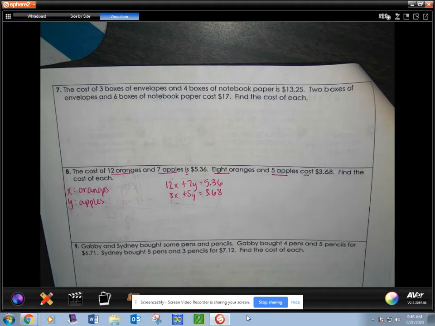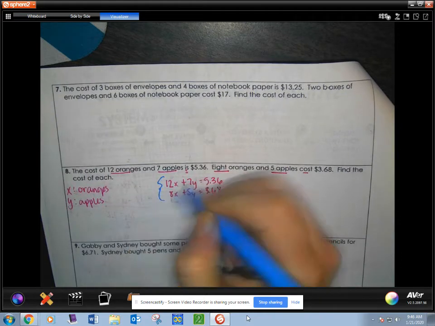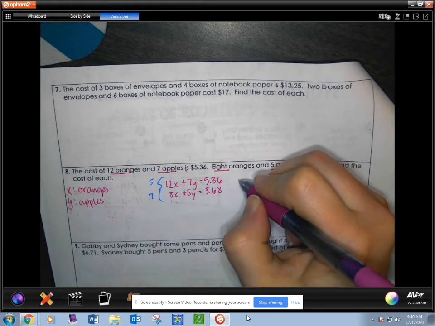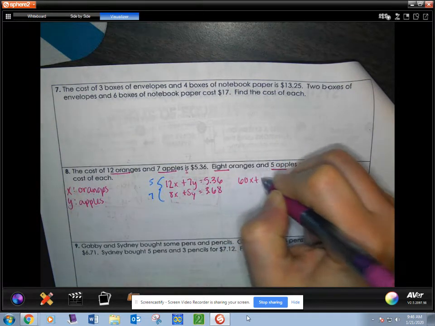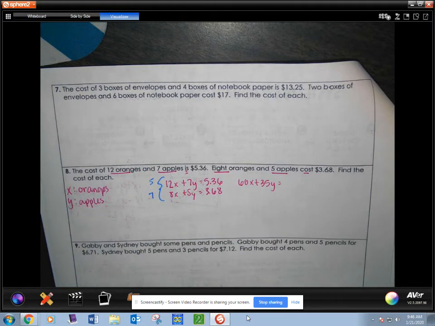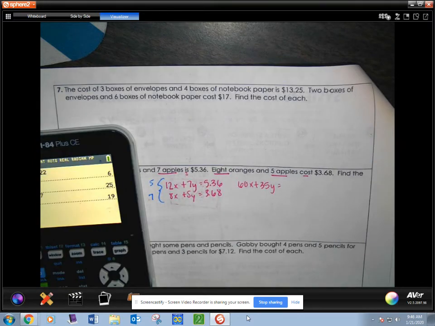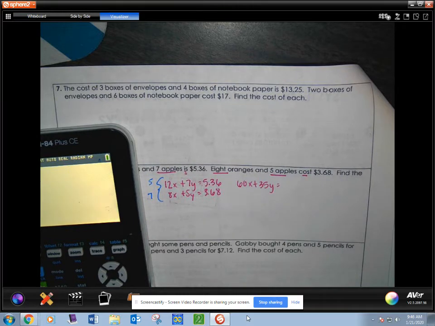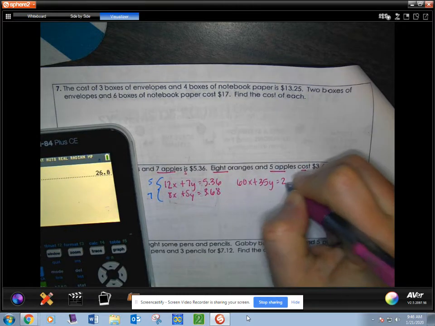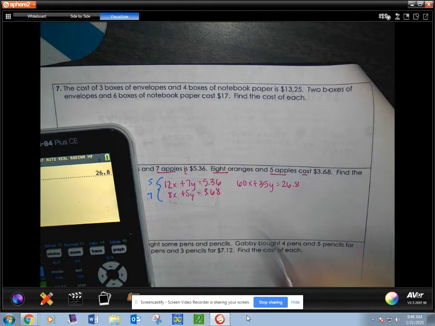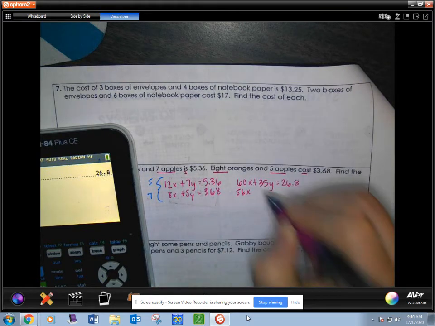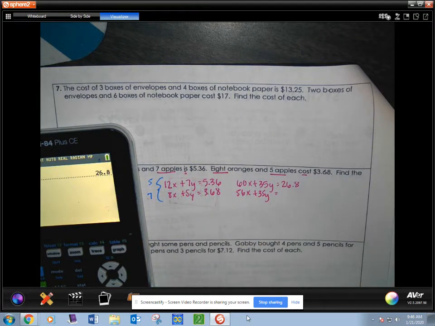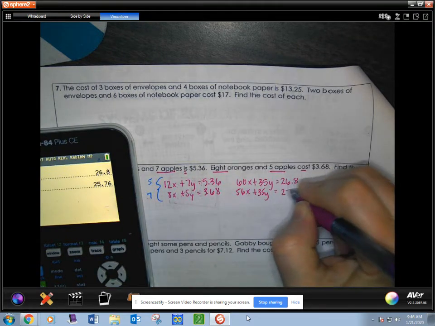So I'm going to show it in a different color. We're going to multiply this one by 5 and this one by 7. This gives me 60x plus 35y equals, and then you may need your calculator to do 5 times 536, which is 2680. 7 times 8 is 56x, 7 times 5 is 35y, and 7 times 368 is